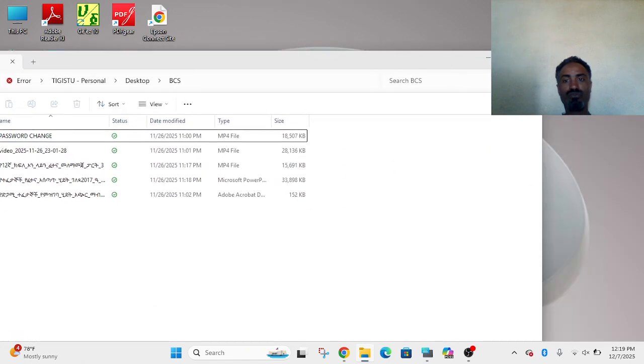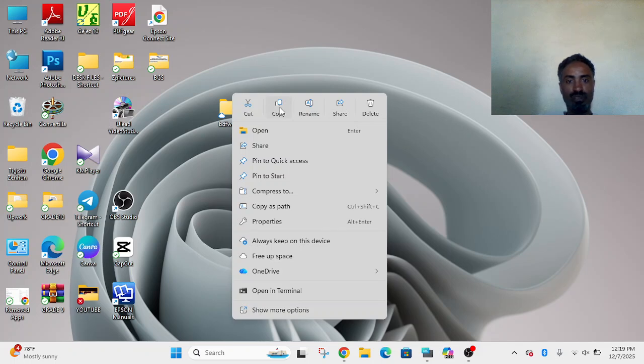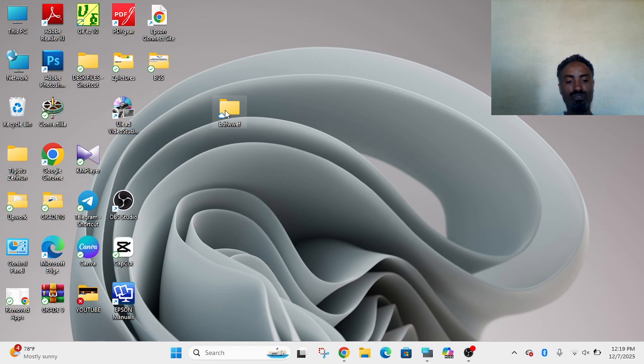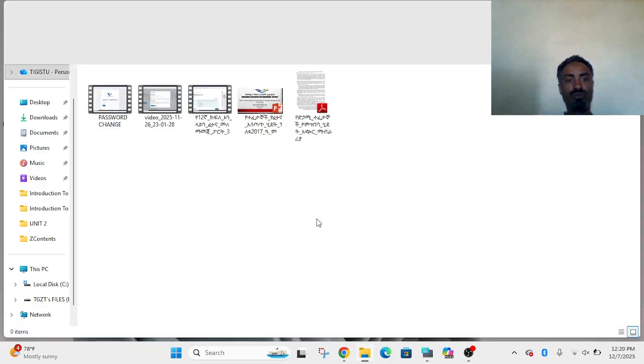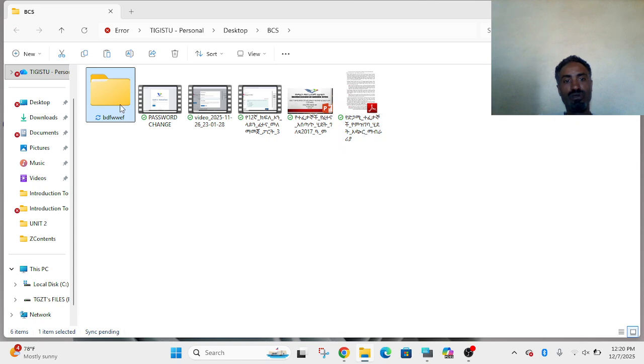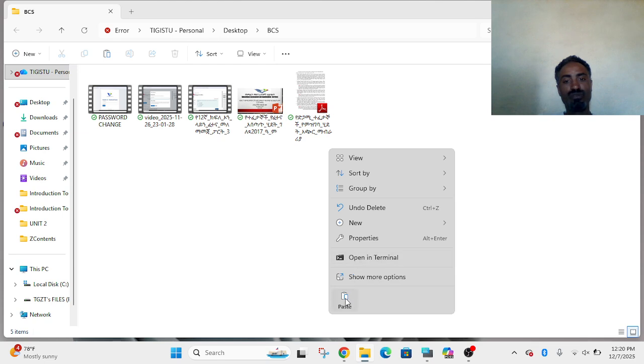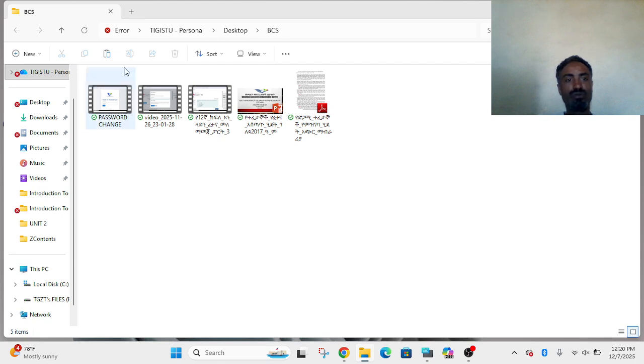To duplicate our files, we have to perform the copy paste operation rather than cut paste. Copy, in parenthesis Control C. First select the file or folder, then Control C. Open the destination you want to copy to. If it is a flash disk, the same too. We have to open the flash disk and paste, the same for an external disk. Or right clicking, then choose paste. Or here is the paste.